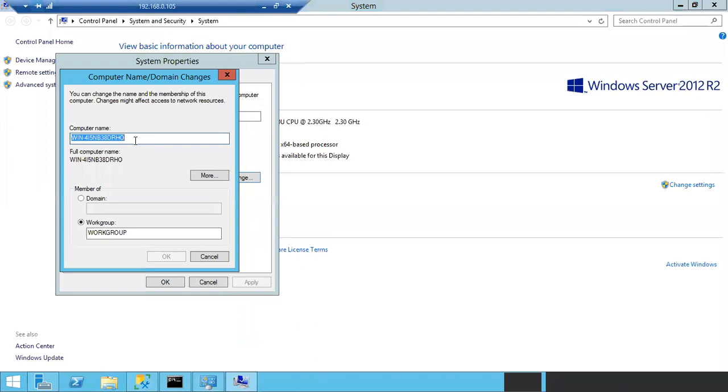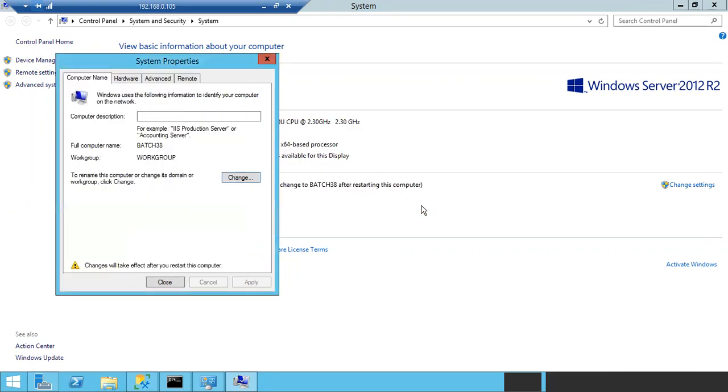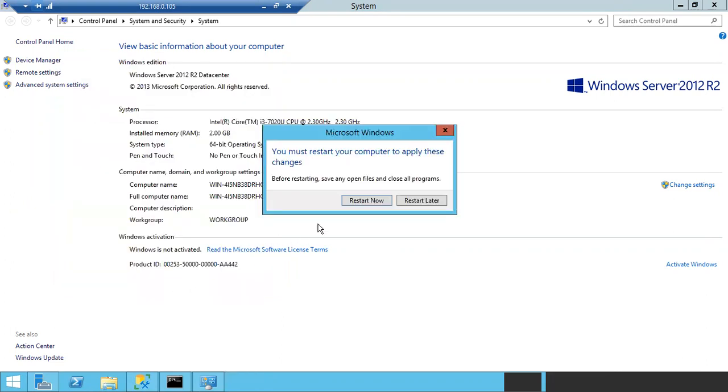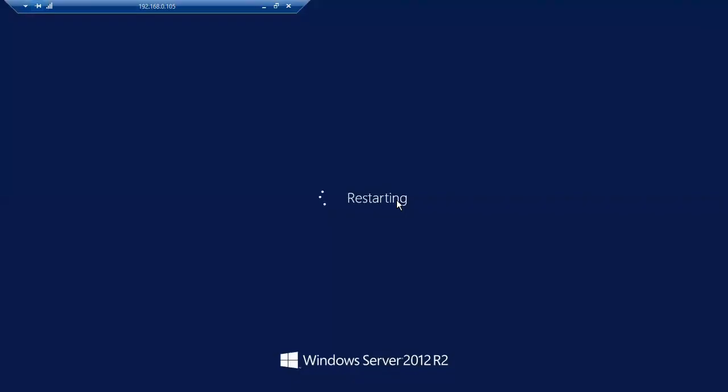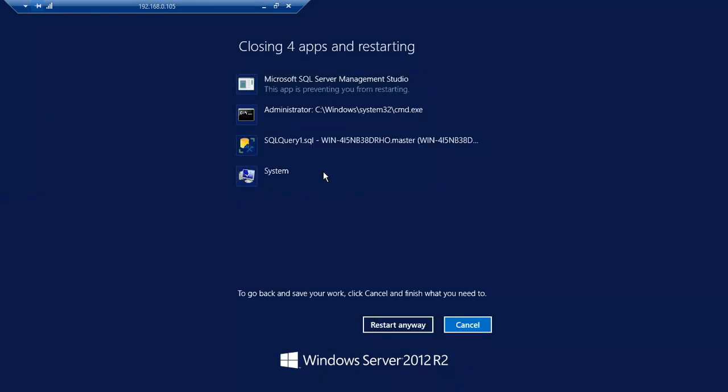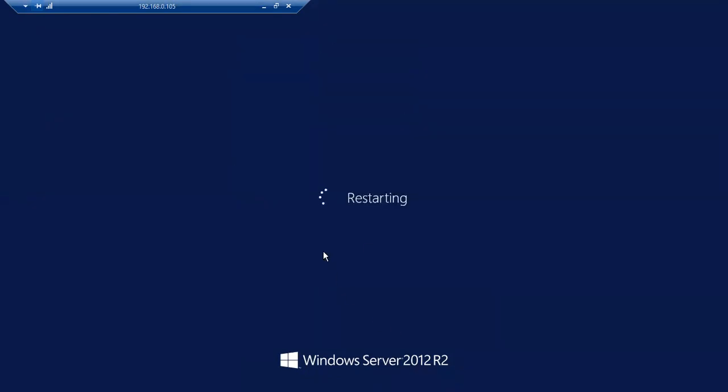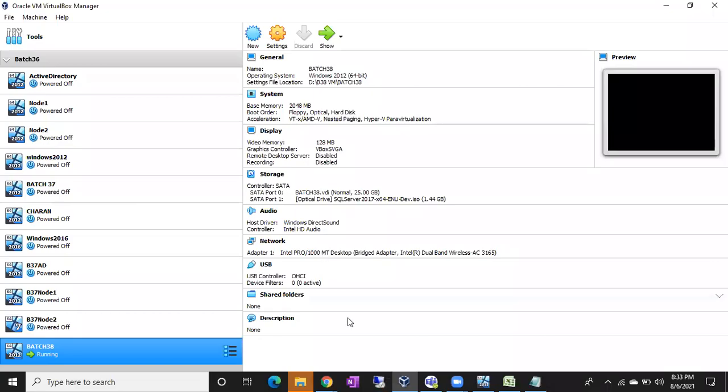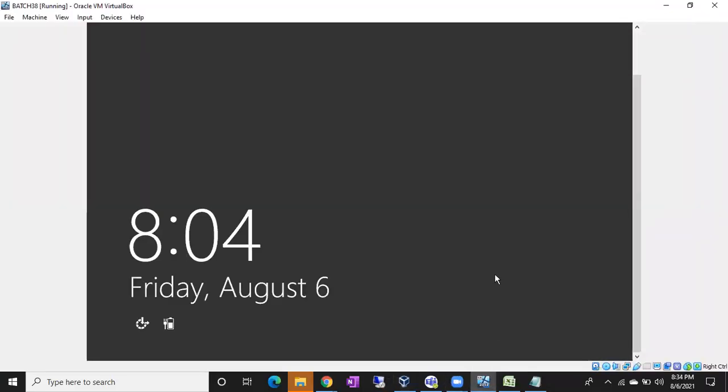Now I want to change this machine name to batch 38. Just click OK. Once you change the server name, it will prompt for a reboot of the machine. Click OK, click close, restart now. Once you have restarted, only then can you see the new computer name. Restart anyway. Let's wait for the reboot of this machine.